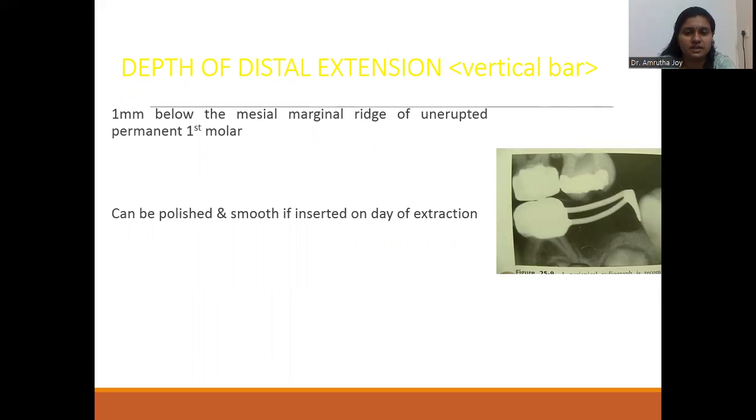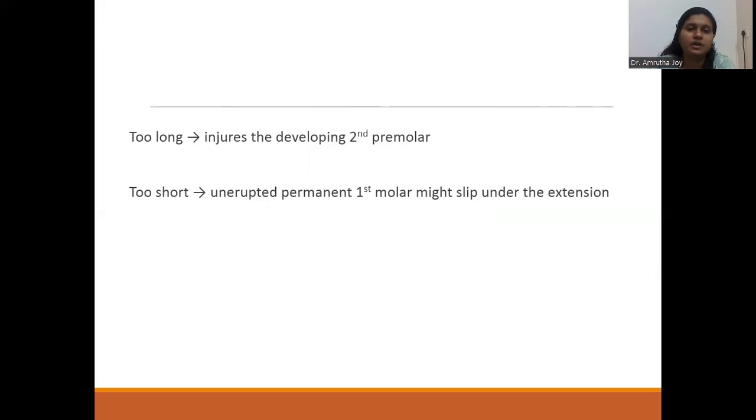Then the depth of the distal extension, that is the length of the vertical arm. The vertical arm should extend 1 mm below the mesial marginal ridge of the unerupted permanent first molar. It should be cemented on the same day as the extraction of the second deciduous molar. If the vertical extension is too long, it injures the developing second premolar. And if it is too short, the unerupted permanent tooth is clipped under this vertical extension and it interferes with the